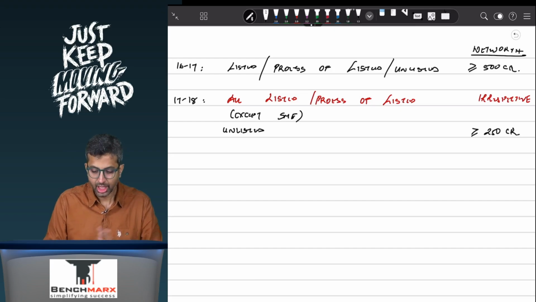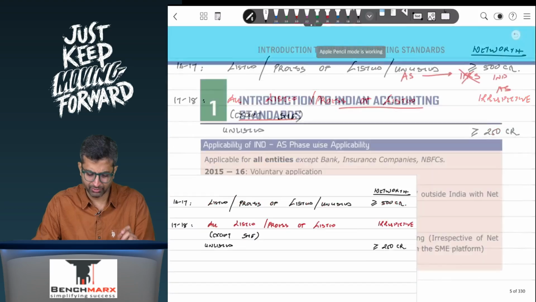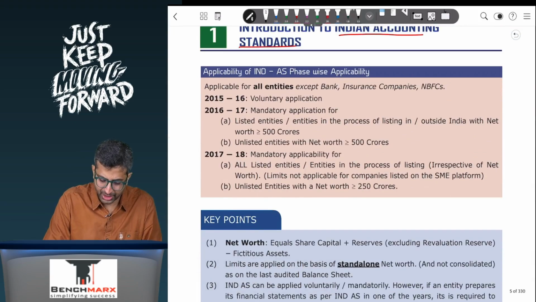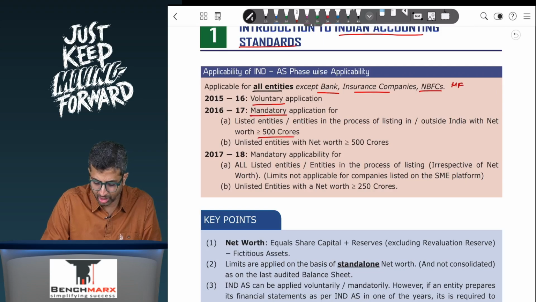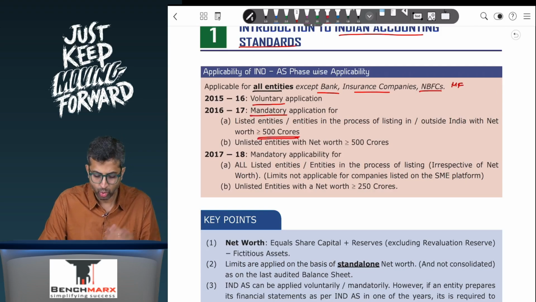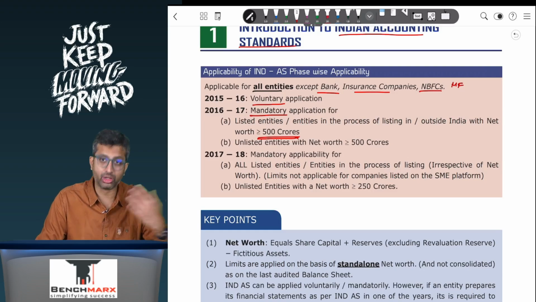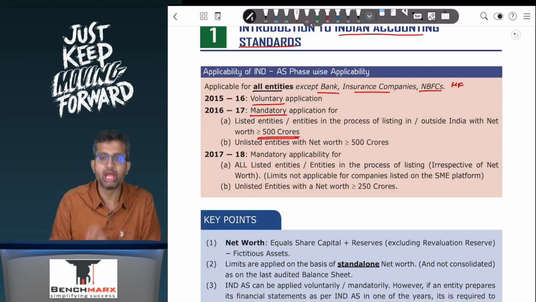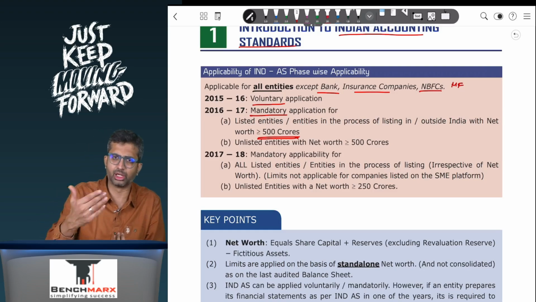Now, there are a few other pointers as well. But before that, a few specific cases. So, when we look at the case over here, when you look at applicability of Ind AS phase wise, for all entities except for banks, insurance companies, NBFCs and even mutual funds, 15-16 was voluntary application, not very successful. 16-17 was mandatory application, where companies with greater than 500 crores would apply Ind AS whether you are listed or unlisted. 17-18 onwards, I would say, beyond 17-18 there is no other lower limit prescribed, at least till the time you are giving your exam, maybe in the year 25-26,